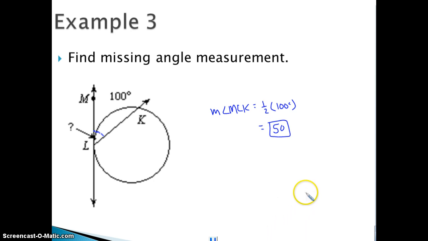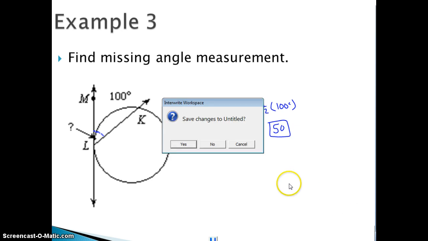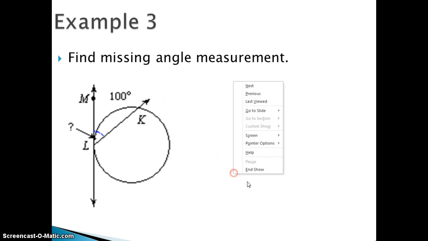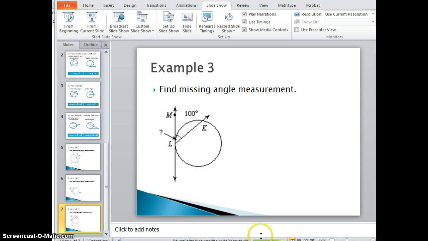So again, the main idea for today is make sure that you know exactly where the vertex is. If the vertex is outside the circle, you subtract, divide by 2. If it's inside